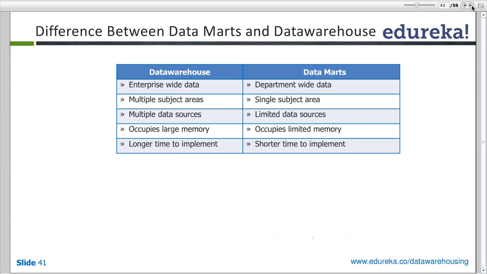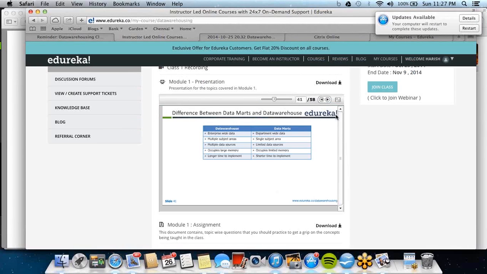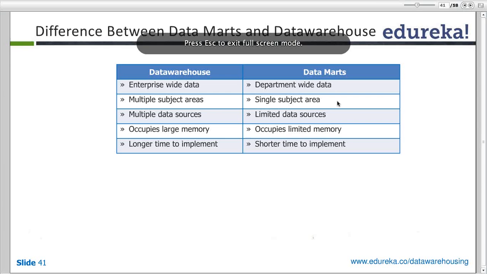And on the other hand, the data mart is very specific. So the data mart is very specific, so it will occupy smaller space, and it will be very subject specific, so you will not need so much, and it will take shorter time to